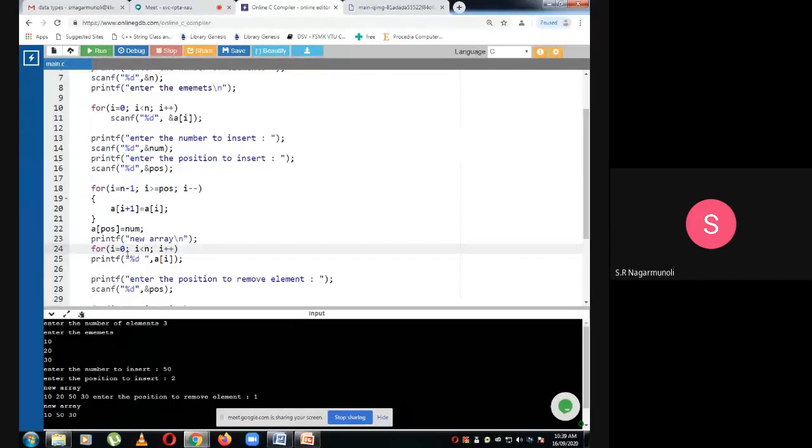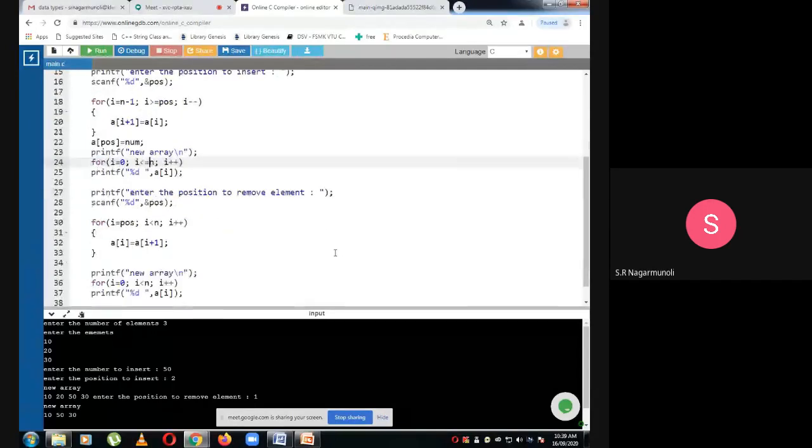But you have inserted one more element, so the number of elements in the array has increased to 4. So you have to write i equal to 0, i less than or equal to n, then i plus plus. Then i will take the values 0, 1, 2 and 3, because n was 3, and for all these values you will display the elements of the array. That is what has happened here. After inserting, the new array is 10, 20, 50 and 30. Based on the position, the element will be inserted at that position.